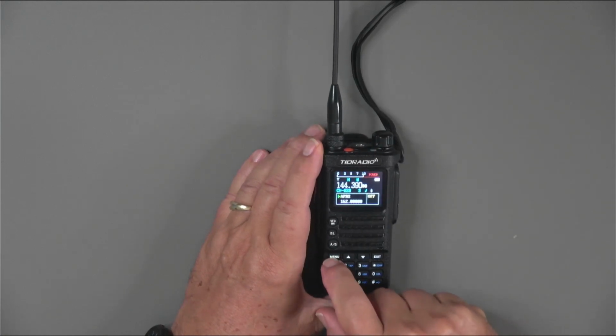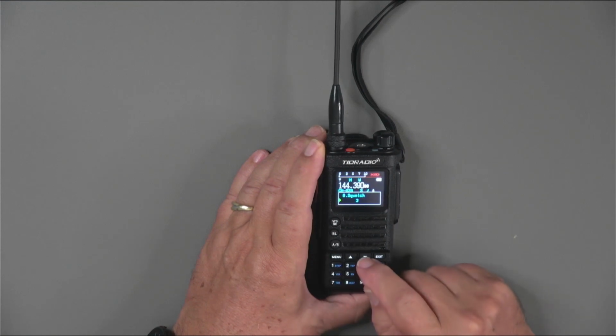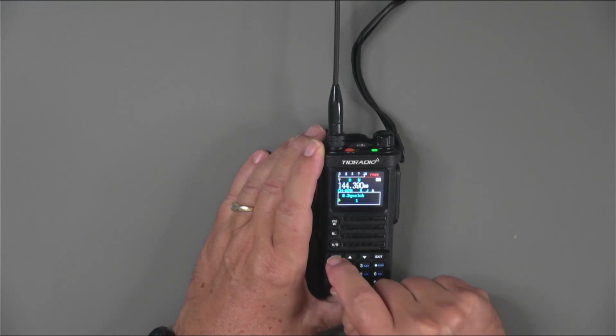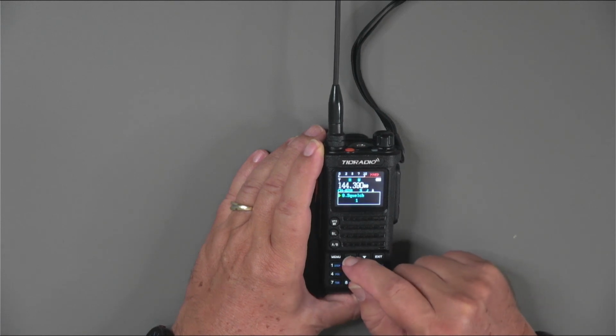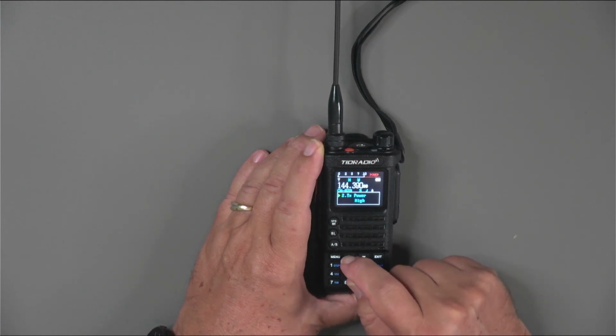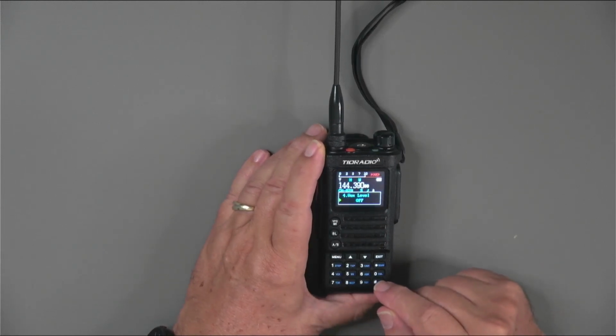Next, we're going to go into menu, and we're going to set our squelch. So menu again, and we're going to set the squelch to 1. We're going to select it. And then we're going to continue up our menu tree to Vox level. I've got it set to off, but I'm going to need it on. So I'm going to set